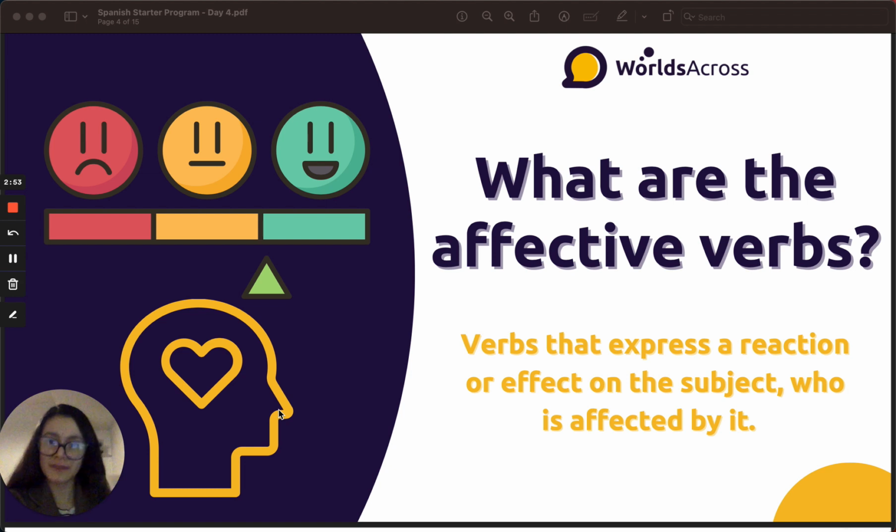This object, this person has an effect on us, right? So if you use the verb gustar, that means that I like something because that thing makes me like it, okay? So that's why I'm affected by it. And since I am affected by it, I don't perform an action. I'm just affected by it. So that's why the conjugation is different, okay?